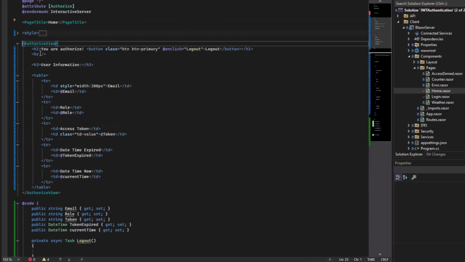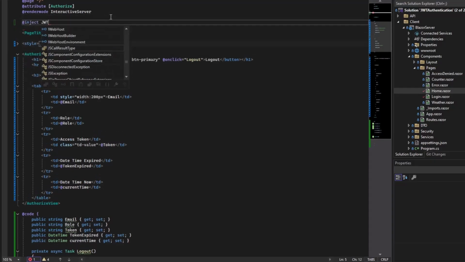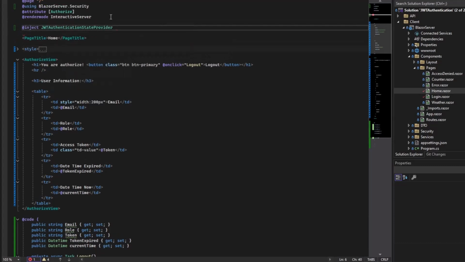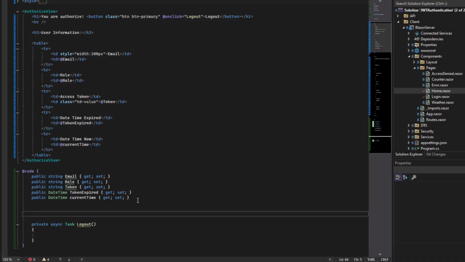It's better to see. First, let's inject the JSON Web Token authentication state provider, the auth state provider. And then we will initialize these values when we initialize the page. So we will have a private asynchronous task InitialValues.